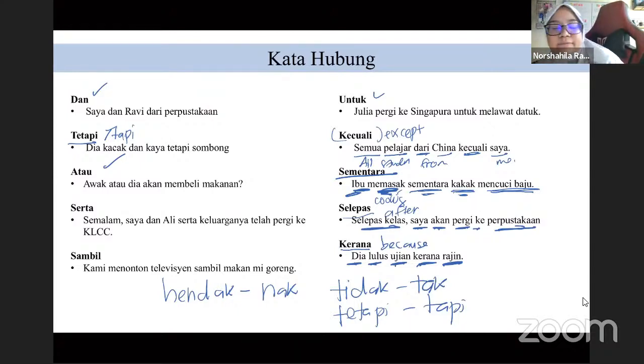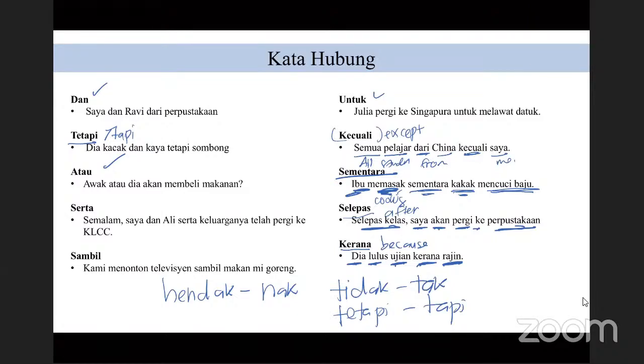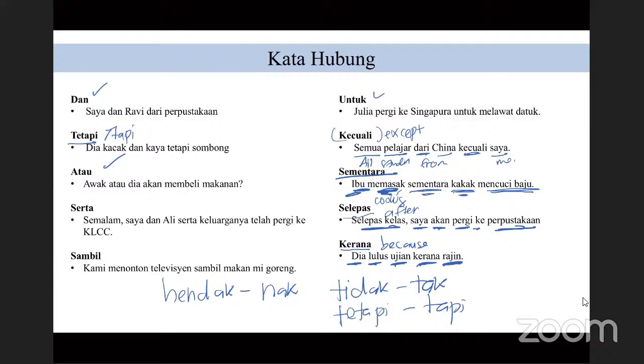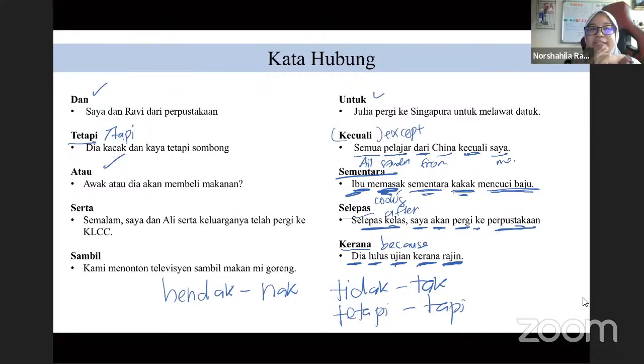When you happen to speak to your friends in Bahasa Melayu, you will realize these words. This is a Malaysian habit, which is we want to shorten everything. We love shortcuts because they make our life very easy, right? So we love shortcuts. That's Malaysian. All right, thank you, Miss. No problem.